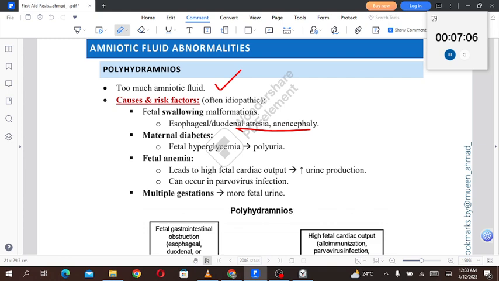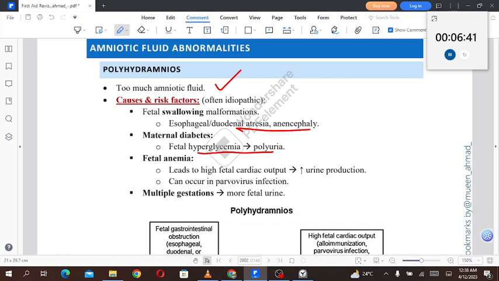So we were talking about polyhydramnios. Fetal swallowing malformations can lead to this, for example esophageal or duodenal atresia and anencephaly. In the case of maternal diabetes, there will be fetal hyperglycemia, and whenever there is hyperglycemia, that leads to polyuria, because glucose is an osmotically active agent. If there is an excessive amount of glucose in the urine, it extracts water with it,